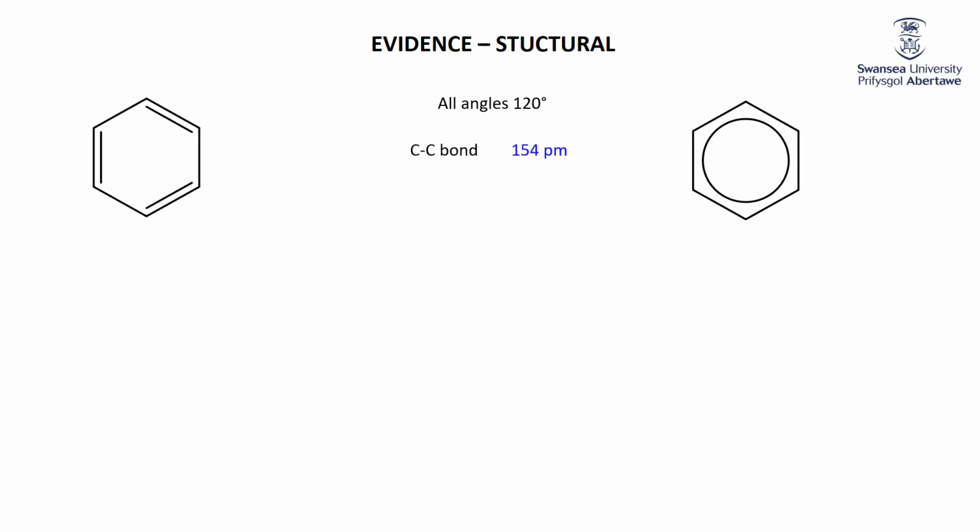But if we think about bond lengths, we talked about bond lengths in a previous module. The carbon-carbon single bond length is typically 154 picometers, carbon-carbon double bond typically 134 picometers. So if we had the localized double bond structure, this is what we would see, alternating 154 and 134 picometers. The reality is that all the bonds are equal and they're at 139 picometers, which points to this